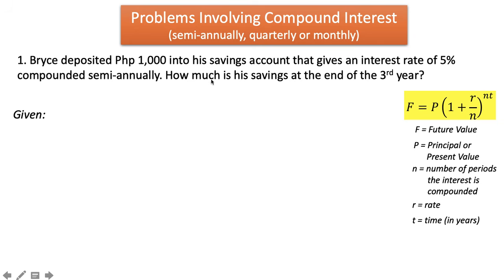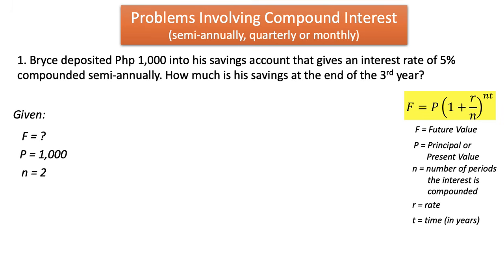In this case, since we are looking for the savings at the end of the years, it means we're looking for the future value. So our F is unknown. Then our P here, that's the deposited amount, that is 1,000. Our N is 2 because since the interest rate is compounded semi-annually, it means the interest is given every